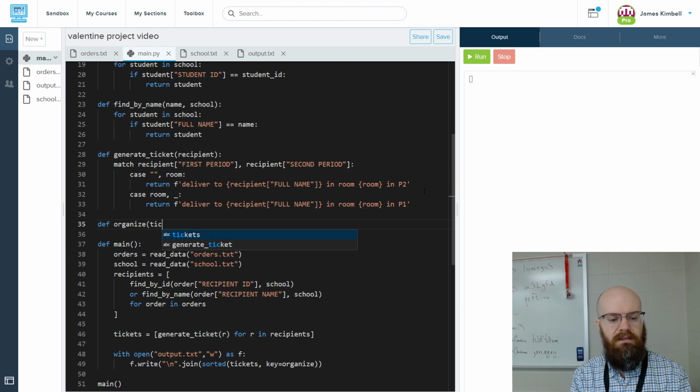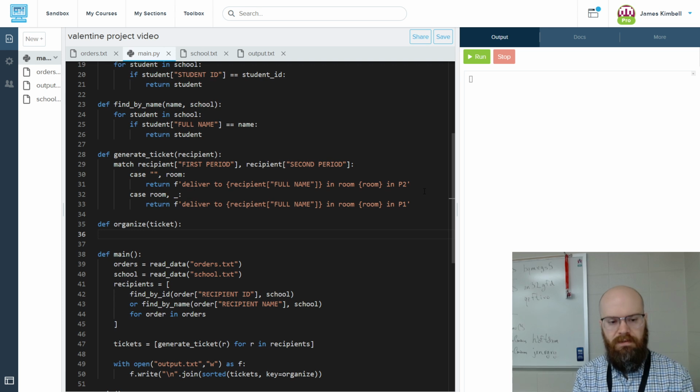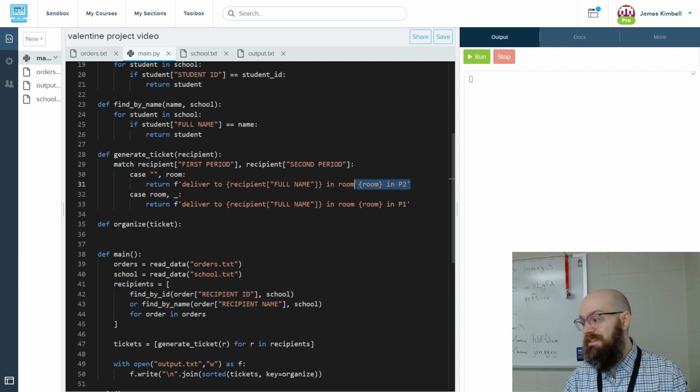And what does it take? It takes a ticket. And what does it do? I know this is kind of silly. Okay, we should make a ticket object that has properties, and we look at the properties and we do stuff. But right now, I'm just going to take the last 3 words. Okay, because the last 3 words,